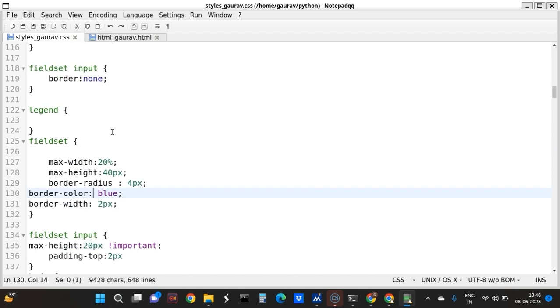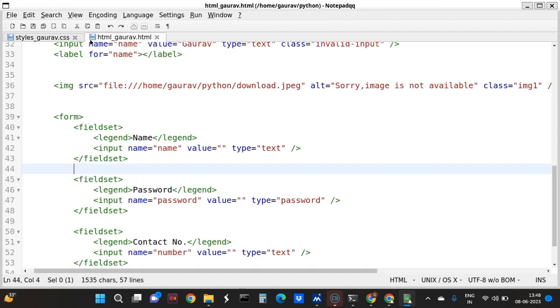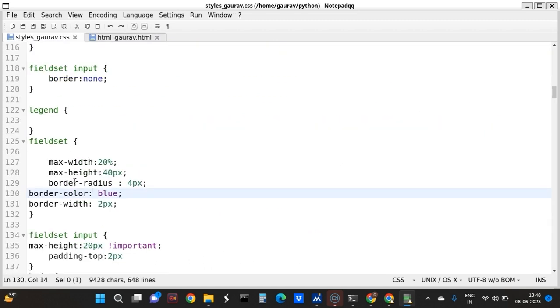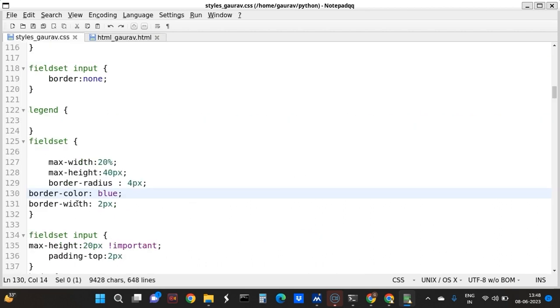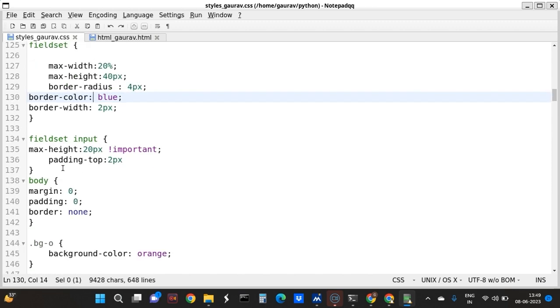So the trick we are using is, for each element we are having a field set, and under the field set the input has border none. So whatever border the input had was none, and the border of, you can say,